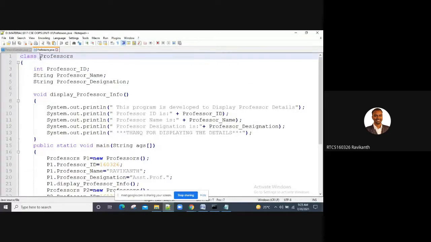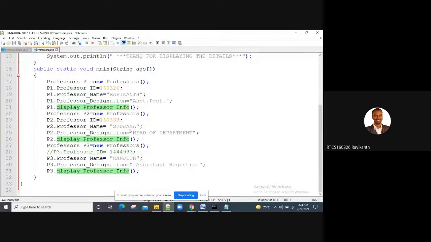We created a Professor class, followed by three variables or attributes. Then we defined one method, in which we were displaying some details. Then we created three instances, in the sense three objects, P1, P2, and P3.